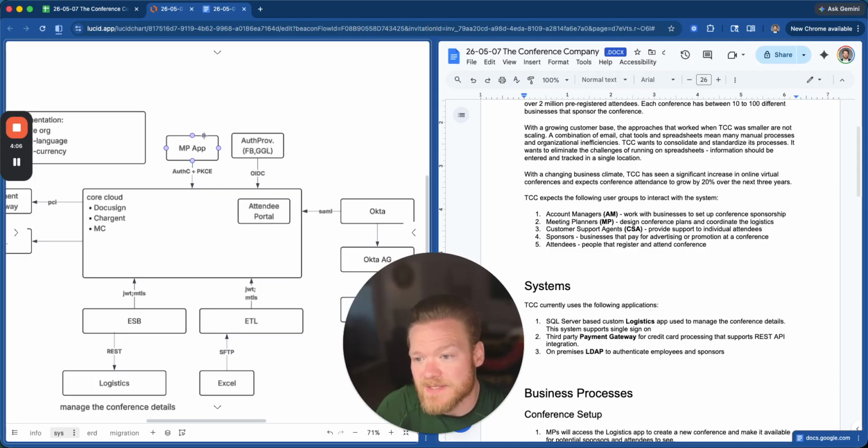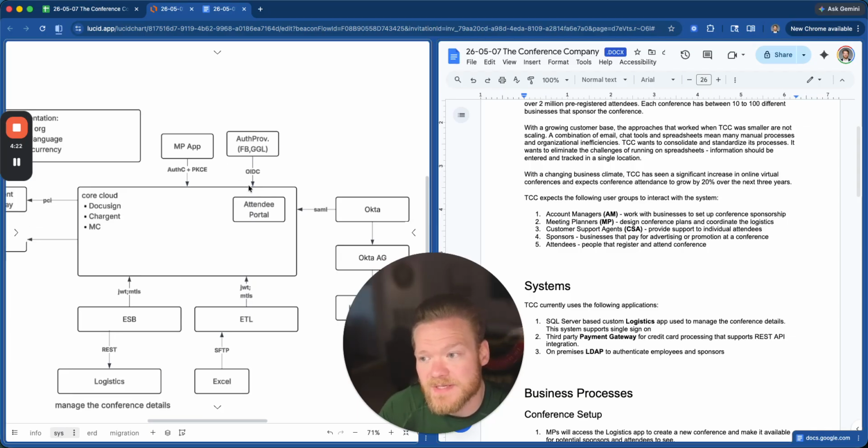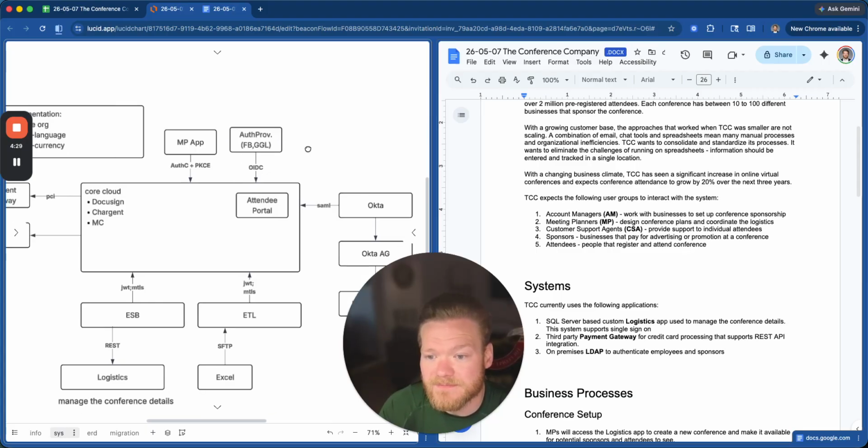And they will also be able to access using the mobile app and Mobile Publisher app, that is the mobile version of the attendee portal. They'll be able to access conferences from there, and also be able to use not only their native credentials when they register, but also Facebook and Google credentials that are set up using an auth provider that validates the ID token that's returned by these two social media providers. There's also going to be a separate portal for the conferences as well that will grant access to the sponsor portal.